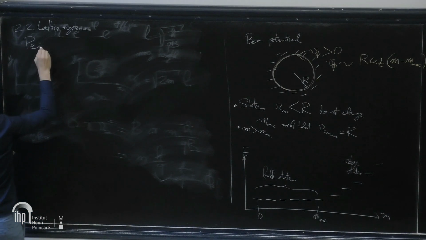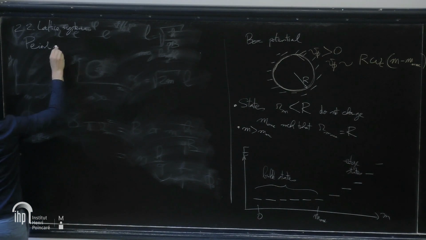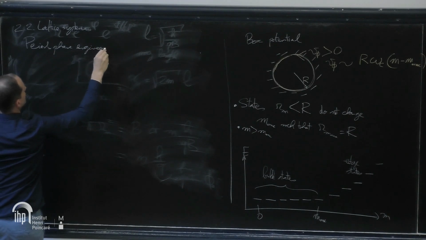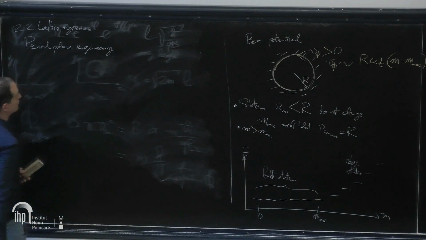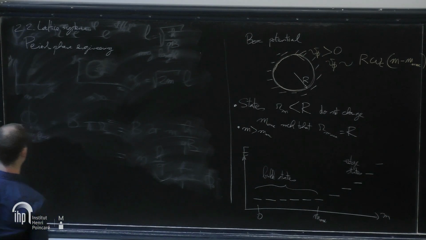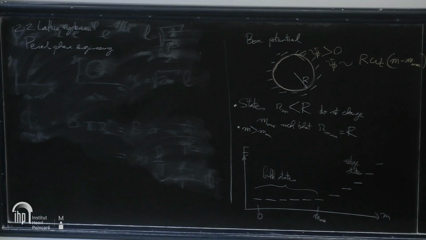So yeah, Peierls phase engineering. And the protocol was given by a seminal paper by Jaksch and Zoller. And I start by sketching a simplified protocol, which is the one that corresponds more closely to what has been